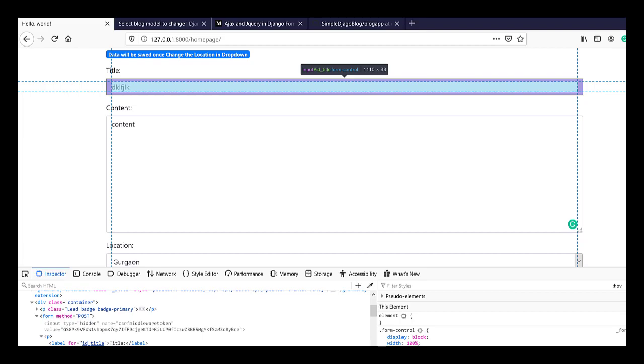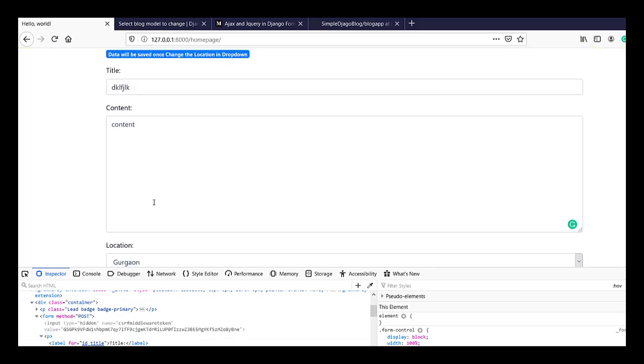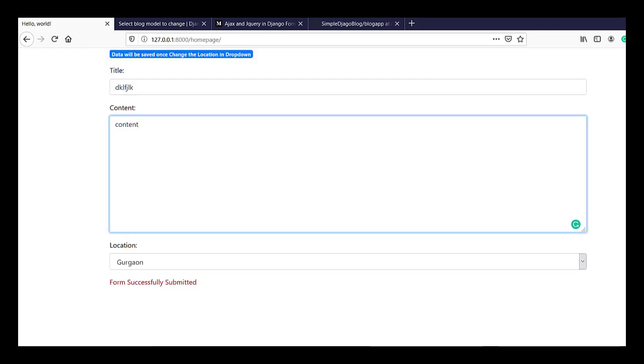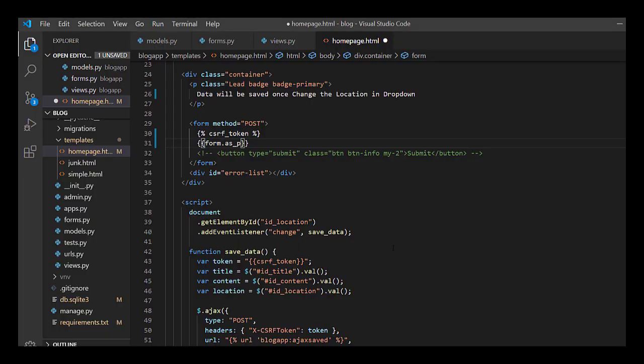I'm going to use it in my HTML code, and similarly the content will have id_content, and the location drop down menu will have an ID of id_location.